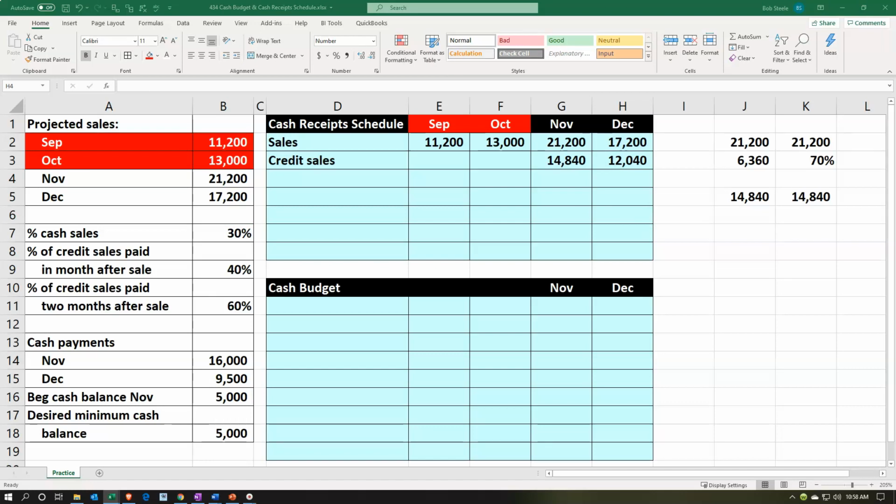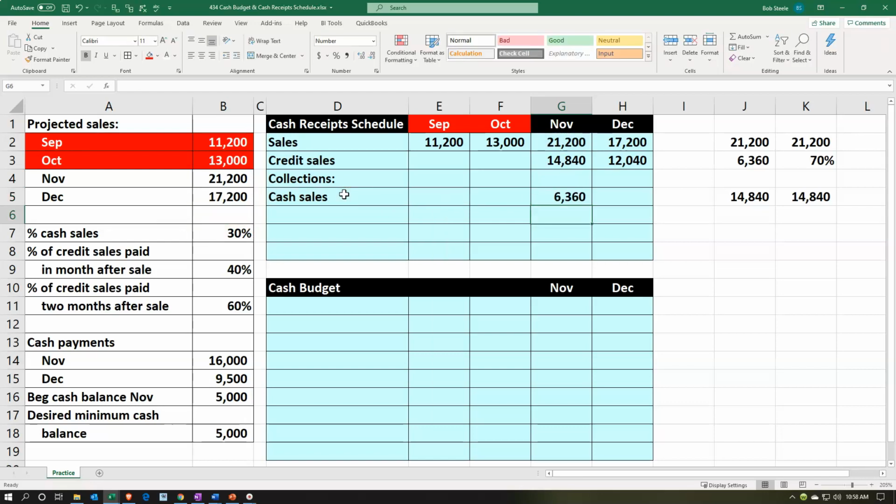All right, so then we're going to go to the collections. The collection process then, we're going to have the cash sales. So the cash sales are simply sales that we got cash for. We're focusing in once again on November and December, so I'm not going to be looking at this for September, October. We're going to then be taking the cash sales, which will be equal to the, let's actually pull them up here, I'm sorry, the November sales, total sales, times the cash amount, which is going to be equal to the 30%